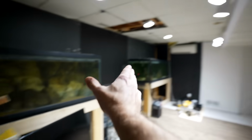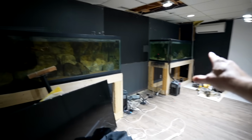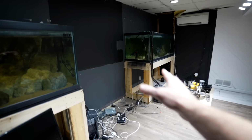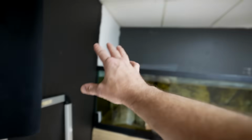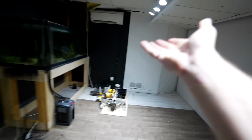Now, of course, after we ripped down everything here, which was absolutely beautiful, I saved a lot of the materials because it is gorgeous. And these tanks will be saved. I'll be repurposing a lot. And then, of course, I got to paint all of this area black, because I thought, wouldn't it be funny